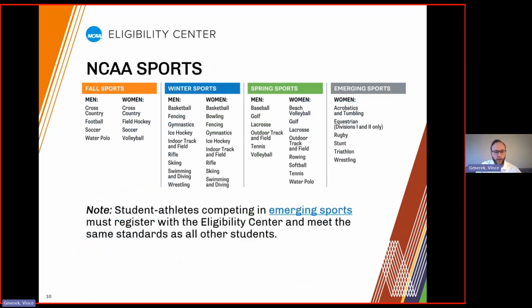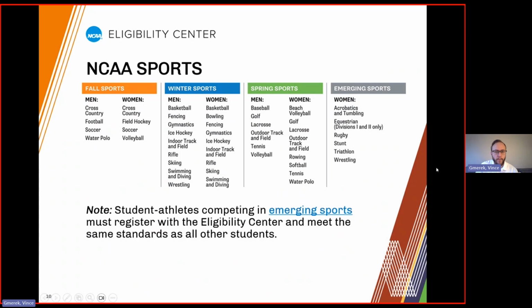Now, not all sports are NCAA sports, but here is the list of NCAA sports that are sponsored by NCAA schools and then represented by us, and that require Eligibility Center registration and initial eligibility certifications. Please carefully check this list to see if your sport is on the list. We often get questions about men's versus women's. For our purposes, those would be the same as boys or girls sports. So if you play boys basketball, for example, then for our purposes, that would be the same as playing men's basketball.